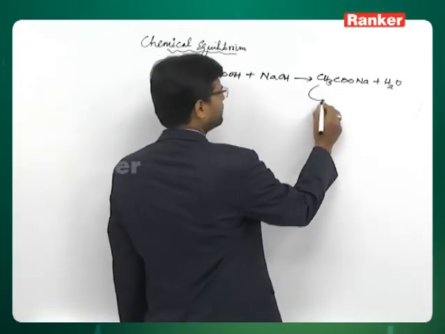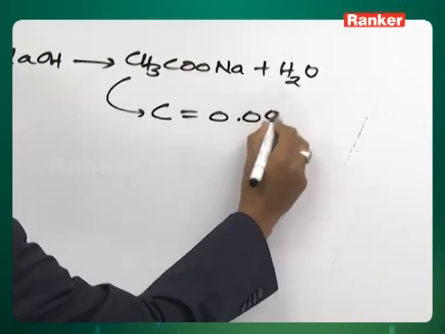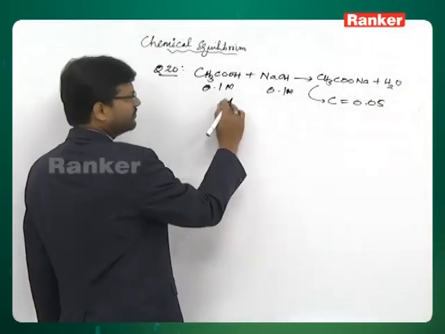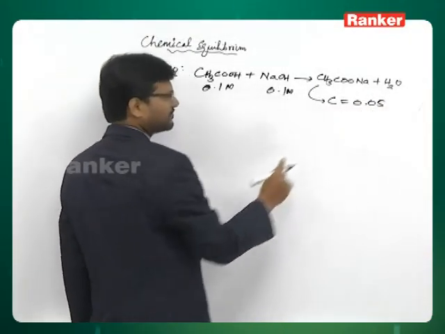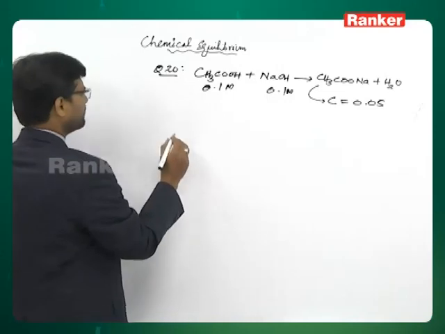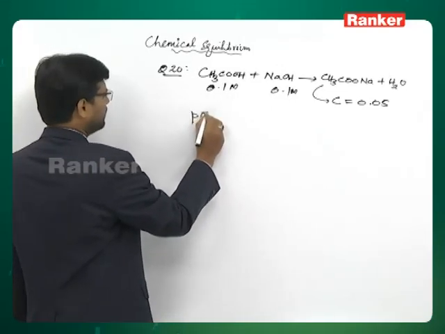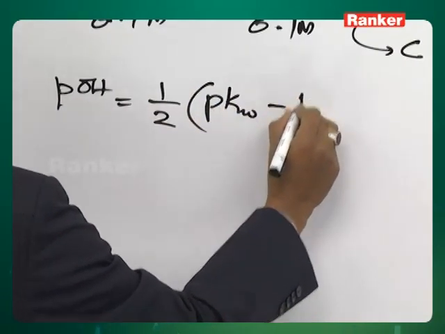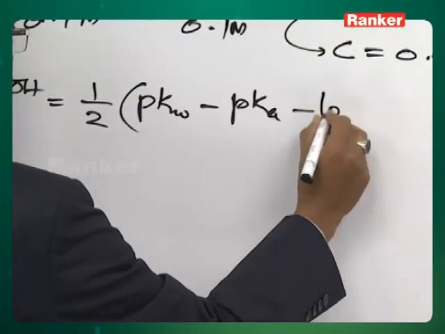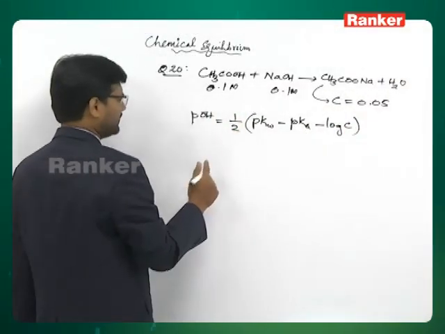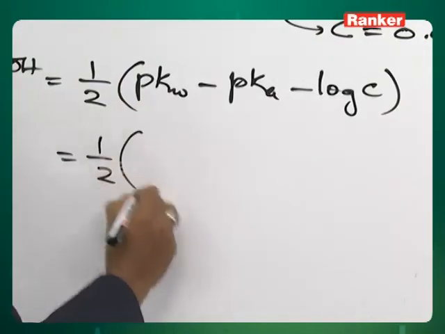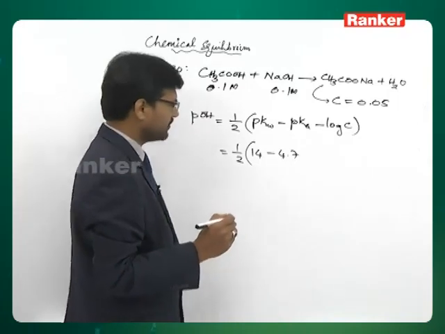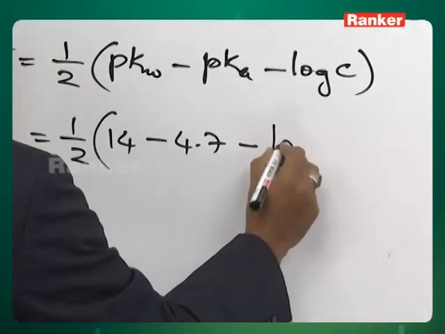So, the concentration of this will be 0.05, because this is 0.1 M, this is 0.1 M. So these are consumed in equal volumes, so the volume becomes double, so concentration becomes half, it becomes 0.05. We have a formula, salt hydrolysis formula, pOH equals half pKw minus pKa minus log C. This is the formula used to calculate the pH. So it comes to half into 14 minus 4.7. This is what is given, pK of acetic acid, minus log